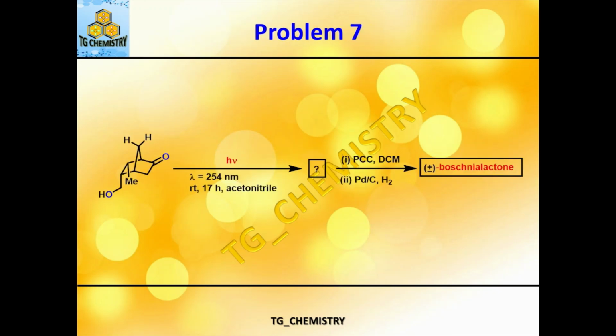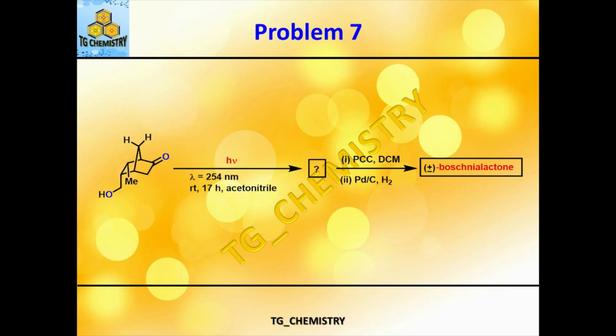Let's see that. So this is a very classic example of a Norrish type 1 reaction, to specify further, where a bicyclic ketone, you can see over here, with substitution undergoes photo irradiation of wavelength 254 nanometer at room temperature for 17 hours in acetonitrile, and ends up with the first product, which